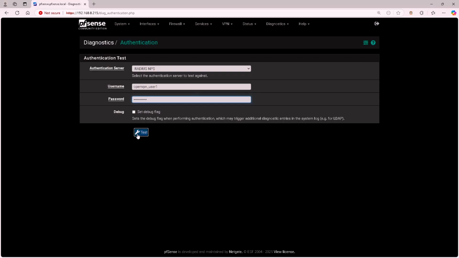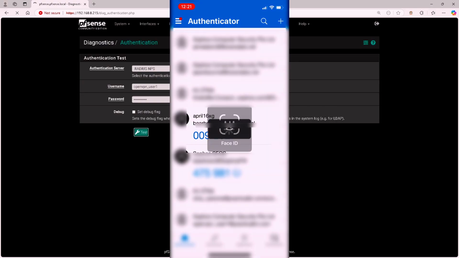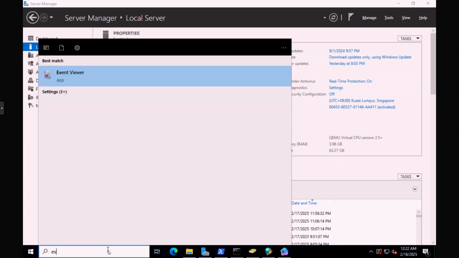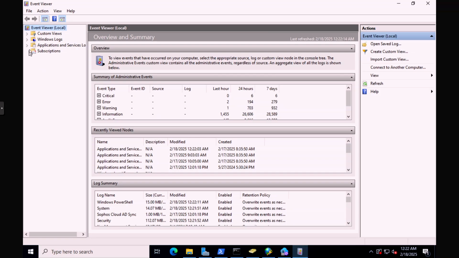After clicking Test, I receive a notification on my phone to approve sign-in for OpenVPN_user1. Note the timestamp at 12:21. Click Approve. User OpenVPN_user1 authenticated successfully. I'll open Event Viewer in the server to verify the log entry for Azure MFA, expand Applications